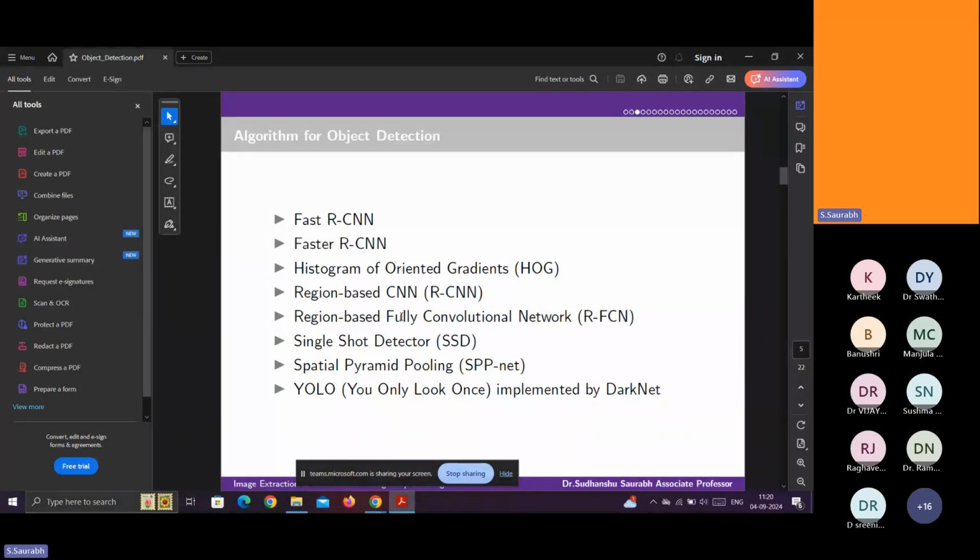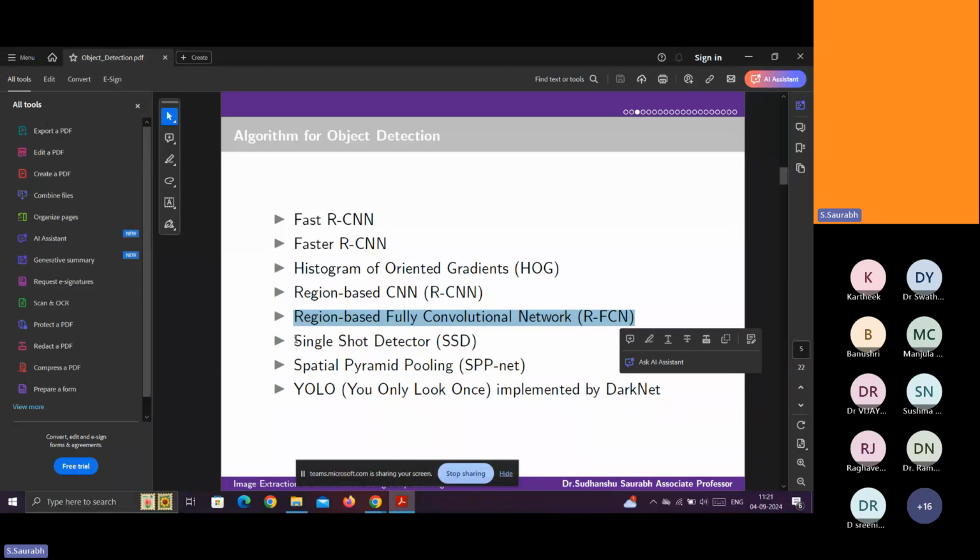In the hidden layers, there are a number of hidden layers. You have to insert one more layer, a dense layer or fully connected layer, inside the hidden layers, and then this Fast RCNN becomes a fully convolutional neural network based on the region. So that's why it is a region-based fully convolutional network.